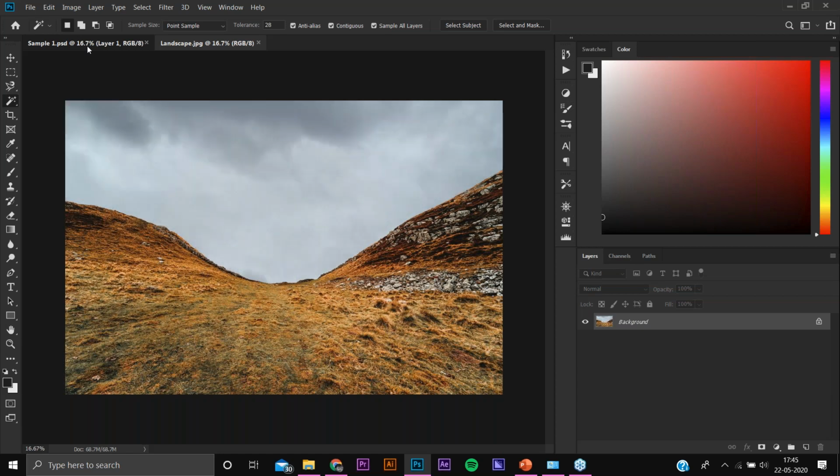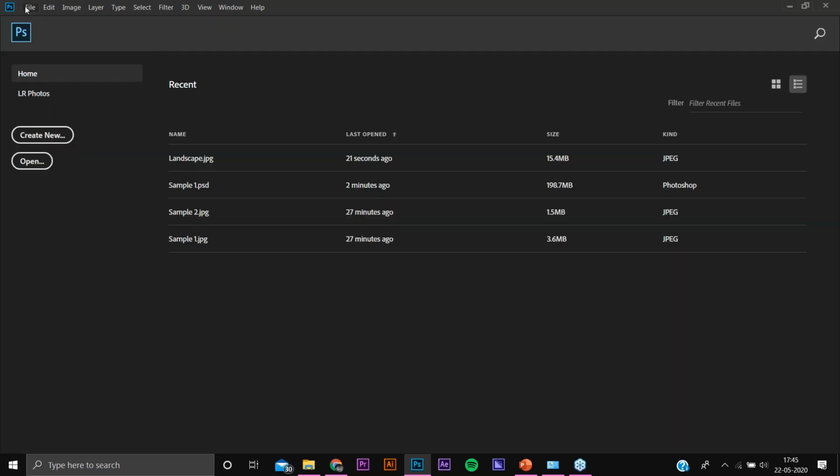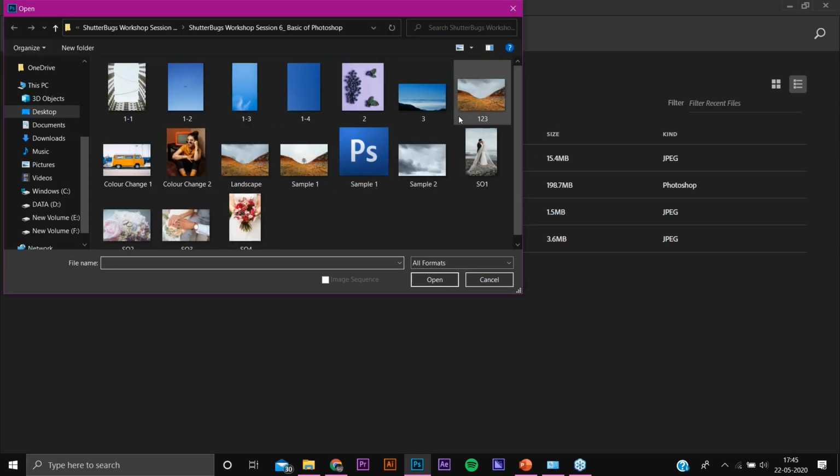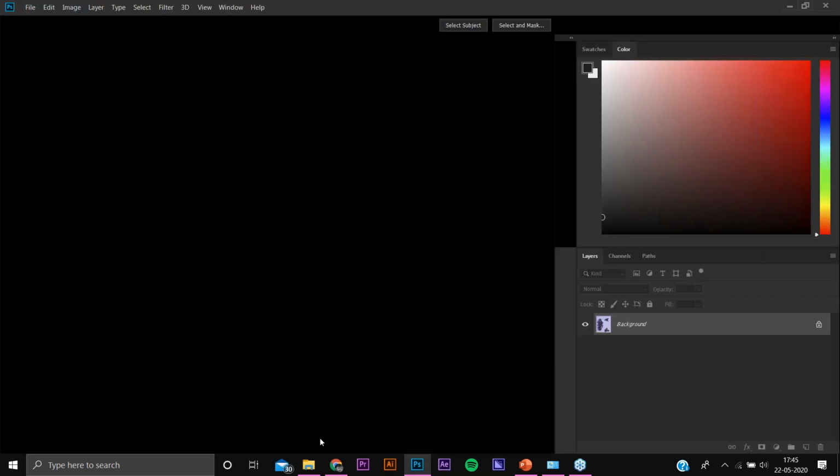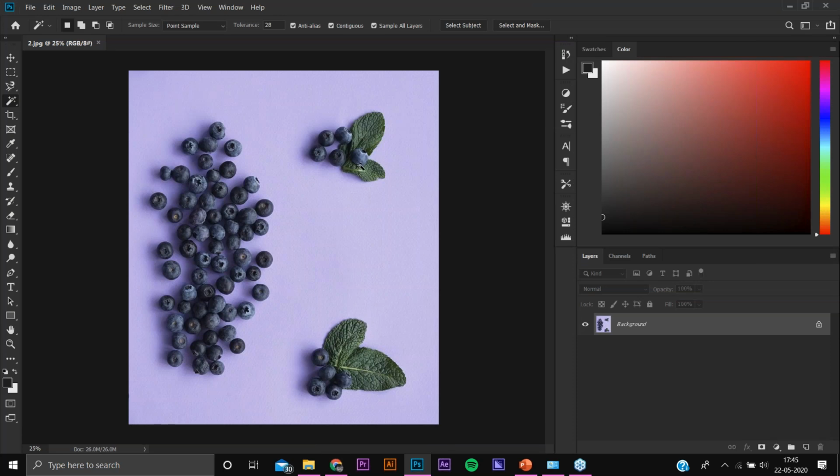Now moving forward to the second point, we will be opening another image, which has these blueberries. In this picture, it's already well composed.